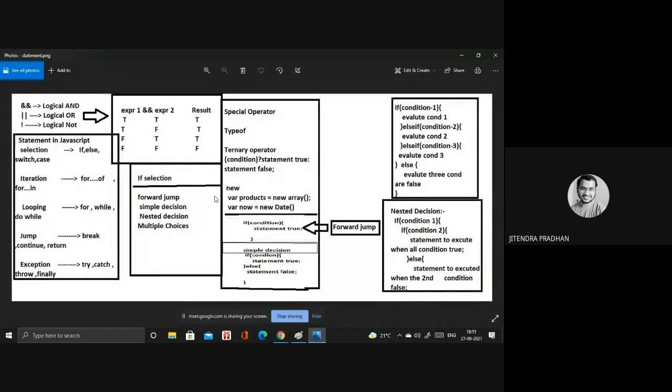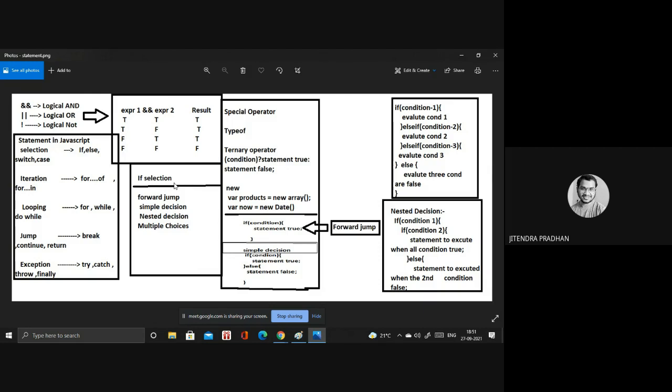Next, statements. In JavaScript we have selection statements, iteration statements, looping statements, jump statements, and exception handling statements.